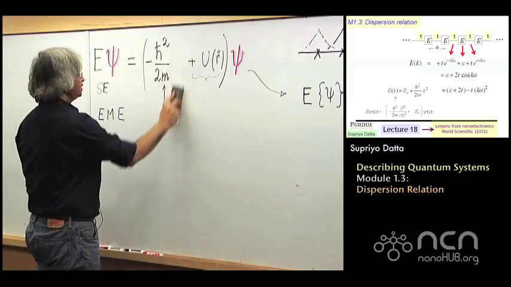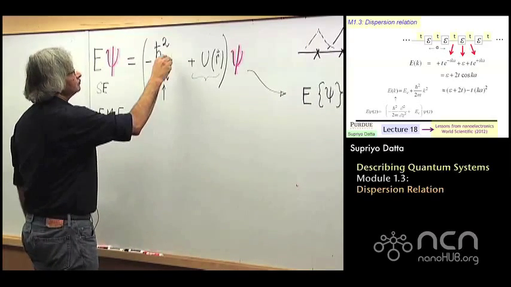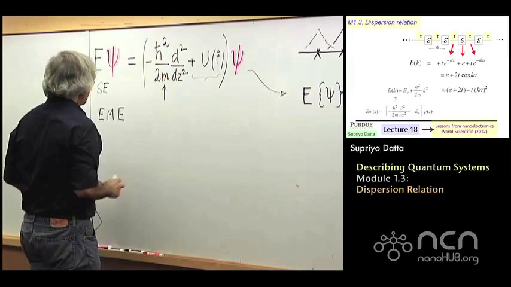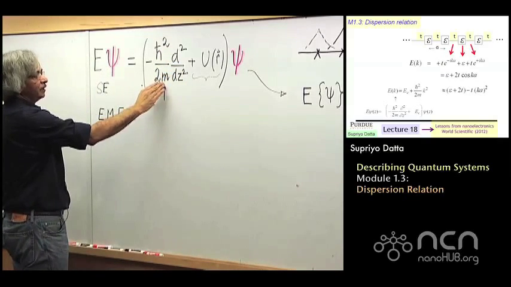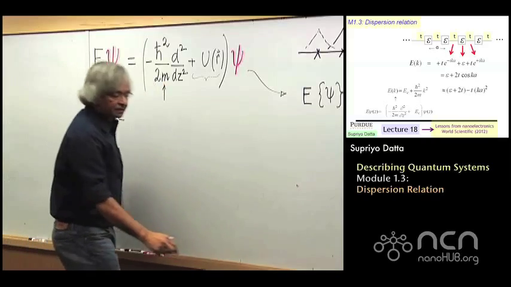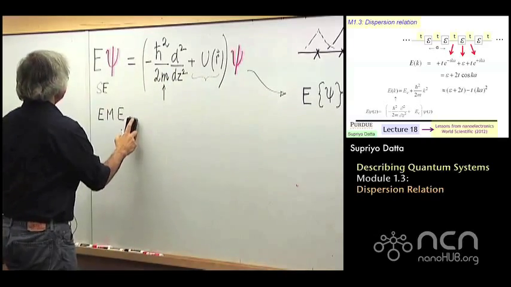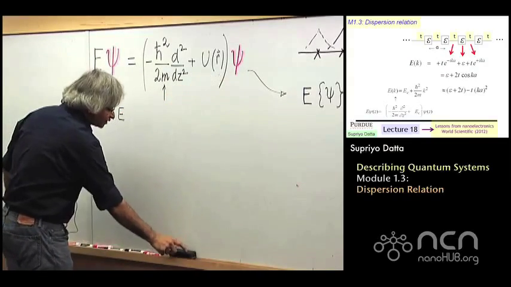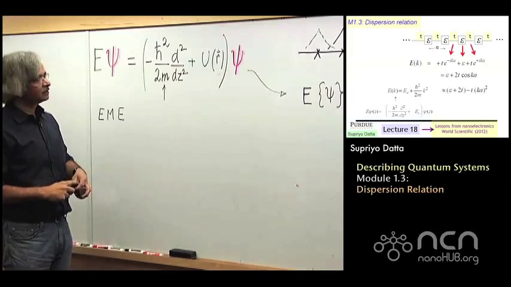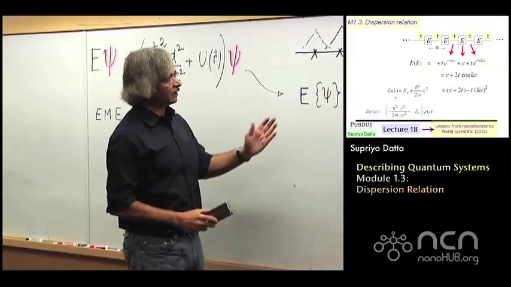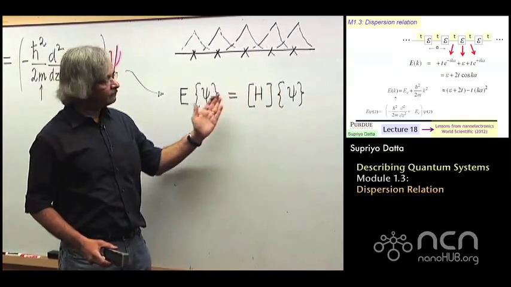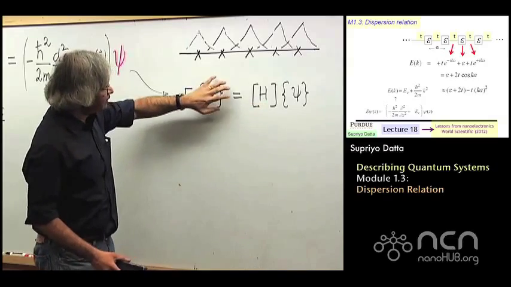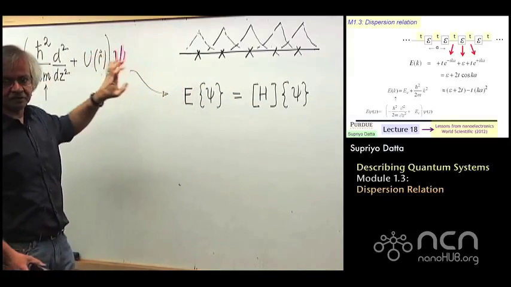So this is, let's say, d2, dz2. And note that this m appearing here is now the effective mass, not the free electron mass. And we are really dealing with the effective mass equation. And so the question is, I want to replace this with a matrix equation looking like this. And how should I choose the parameters of this matrix so that this and this give me the same results